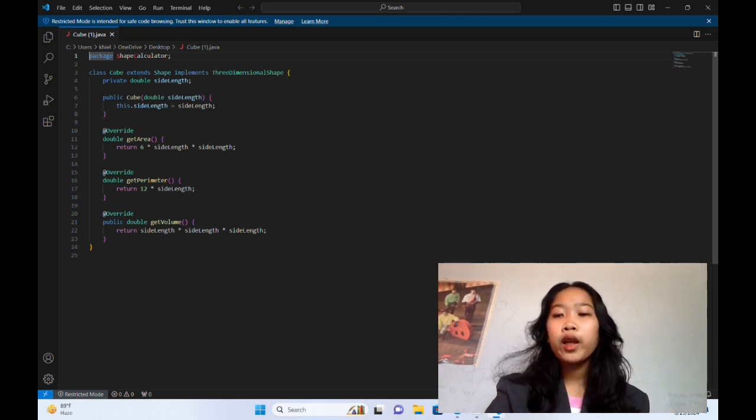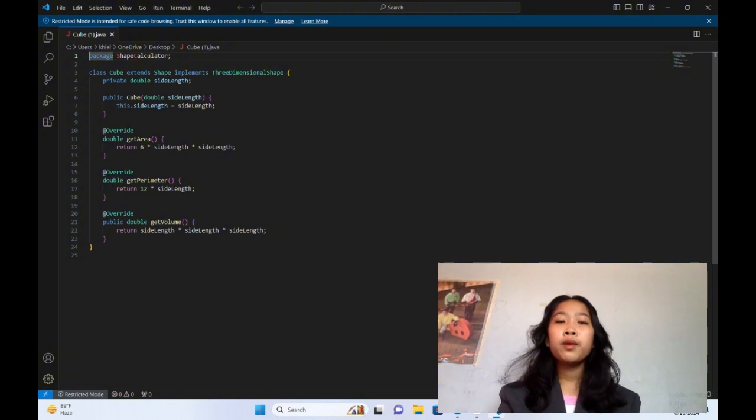And for the double getArea, it implements a method called getArea, which is in this line, and it returns a double value that calculates and returns the surface area of the cube based on the length of its side.